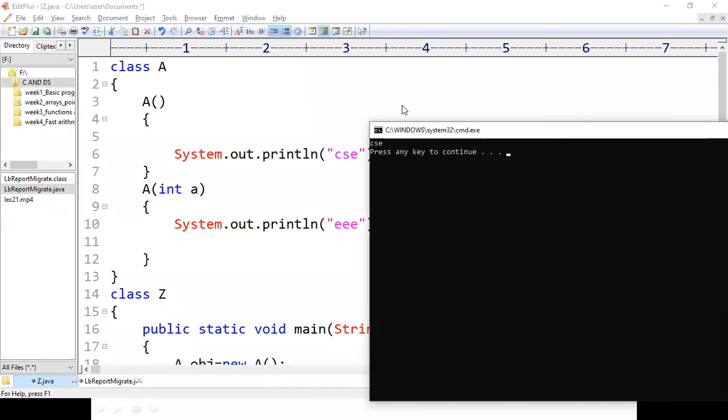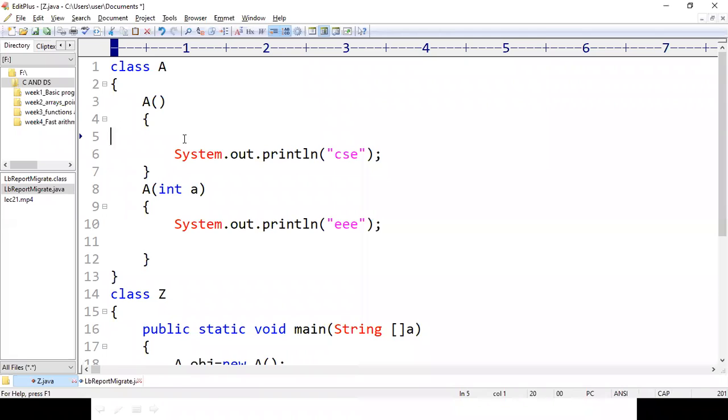Now, if I want to execute the second constructor which was present in this class, simply pass this of an integer value. I have to pass an integer value here, so that this keyword is going to execute the other constructor which takes one integer value as a parameter.